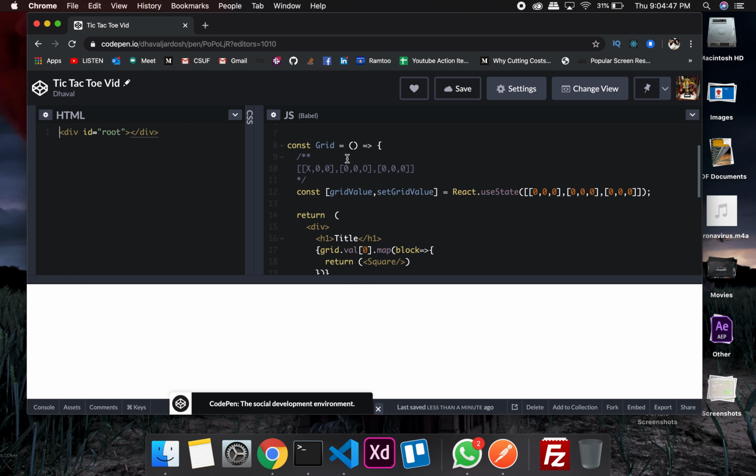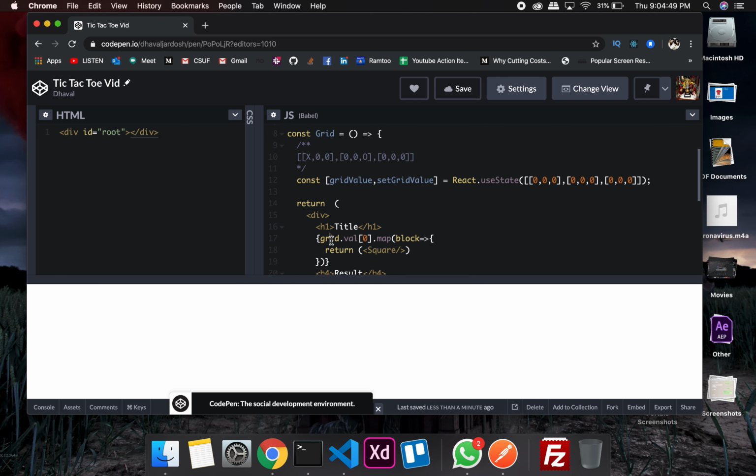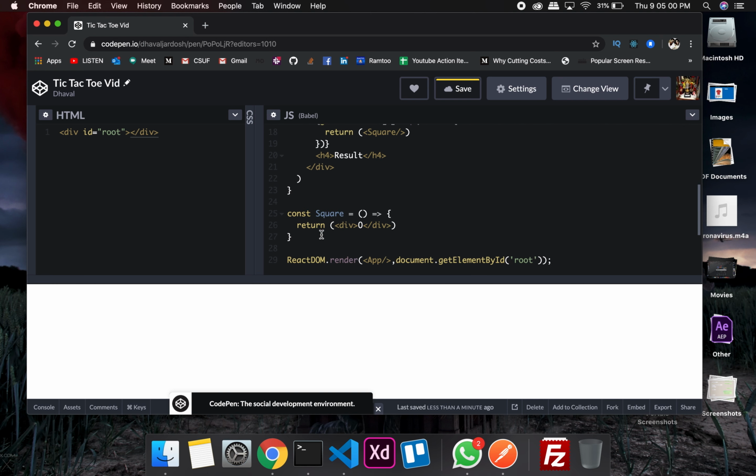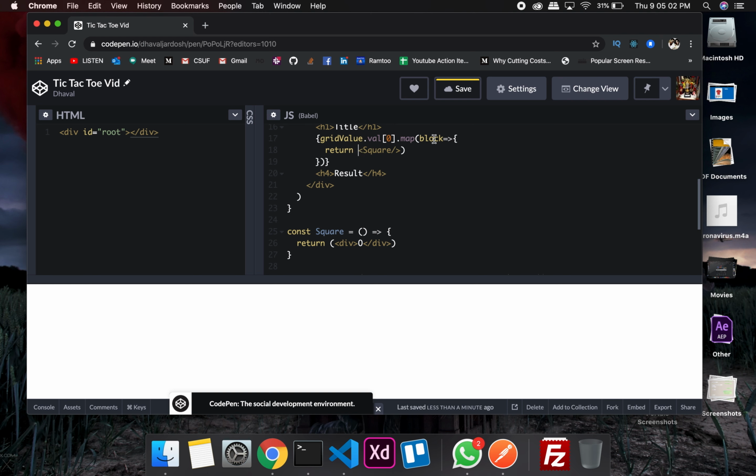So let's see if we have any error. Okay, so we have an error which is I called a grid instead of grid value. So I'll change it to grid value. It might show 3 zeros or 3 O's. Square, square, which is correct, and it is supposed to return that